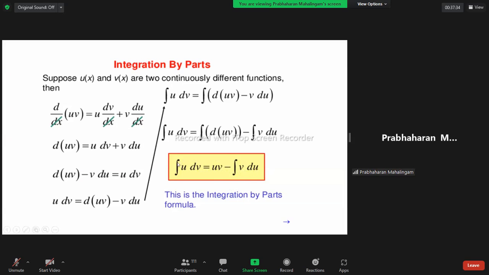Right? So this is the basic formula, and it comes from the differentiation concept. d(uv) is equal to v into du plus u into dv. According to this, normal integration needs this differentiation formula. That is why one of the differentiation formulas gives uv minus integral v into du. Someday you may say, oh no, I don't like it. Okay, you bring v into du from the other side. No problem. Right? This is called integration by parts. So we will see this.